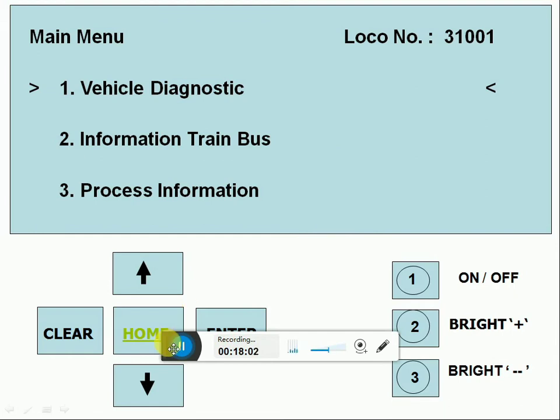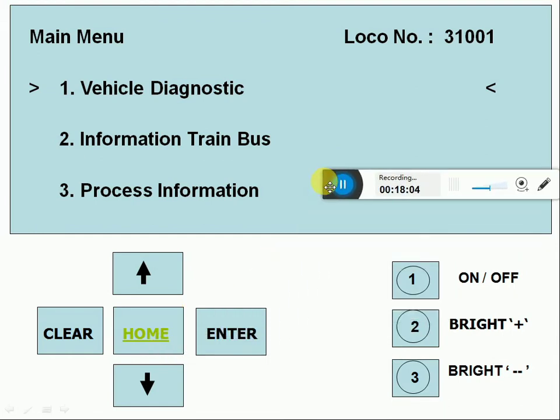Next in the main menu, the second one is information train bus. For operating information train bus, we have to select the cursor position to 2. By operating the down arrow, now we can enter.